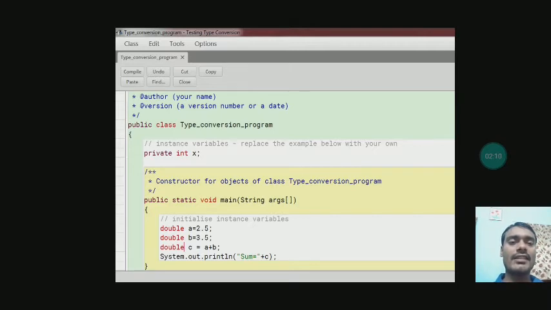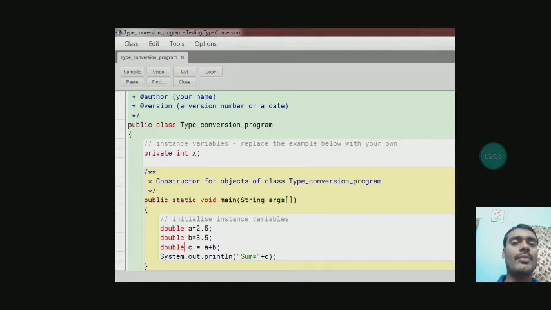And third variable is c. It is also double data type, and I have added both the variables a and b. Double is used for storing decimal numbers, and it takes 8 bytes in the memory.